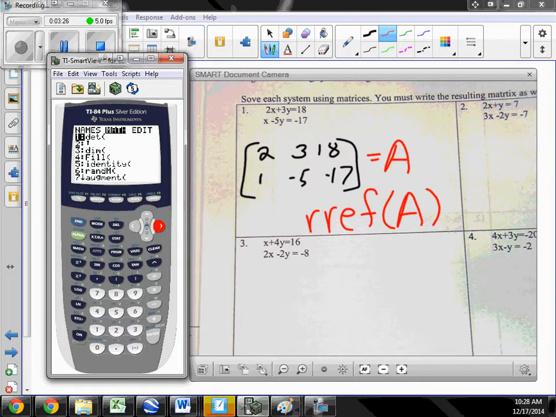So I like to go up from the bottom and find RREF. Now, the reason we exited out, if you're still in the edit column, and then you find the RREF, it will stick the RREF inside the matrix, which will cause the calculator to give you an error. So before you find the RREF, make sure you exit out, and then look it up. So RREF,